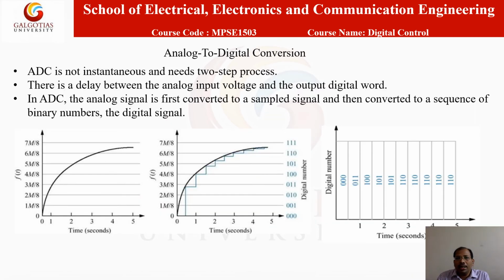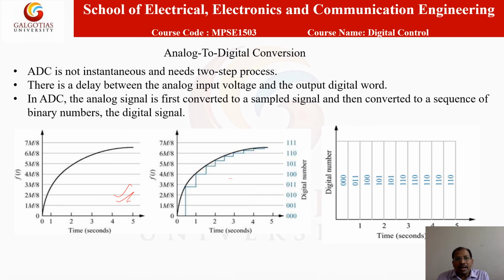Now to the analog to digital converter. We already discussed this picture. You know that this is the continuous signal, and then we apply the sampler, and the sampler gives its output to the quantizer. Quantization converts each value into an integer and the corresponding binary form. So this is the output.